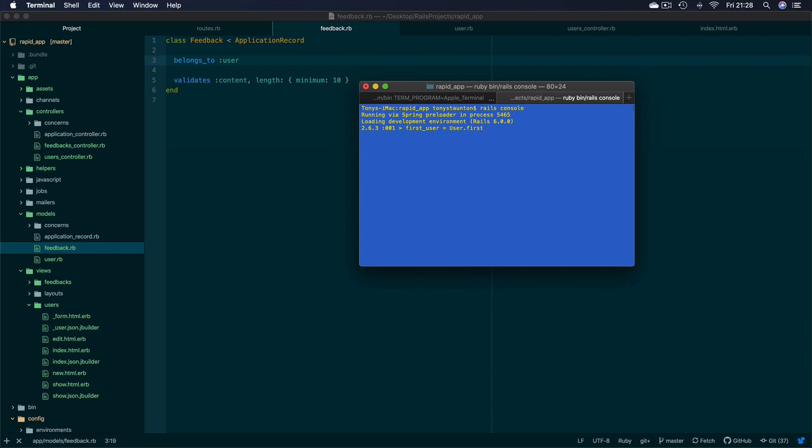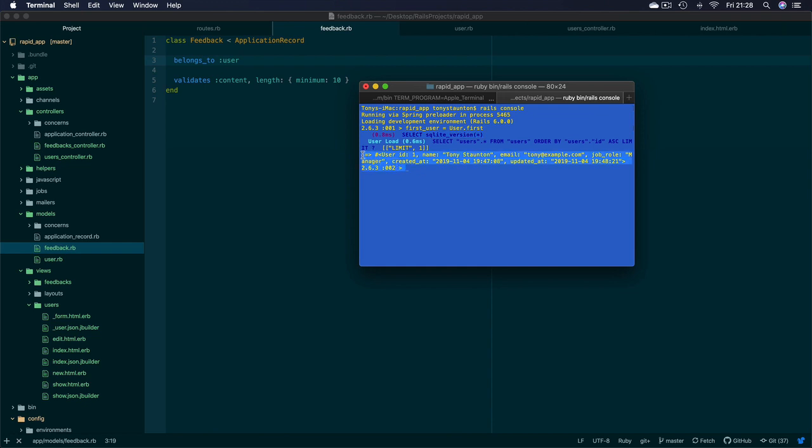Let's see what we get when we hit enter. As you can see here, we've run a very simple SQL query and we've selected the first user. So user with ID 1, name Tony Staunton, email, job role manager, and when we created it and when it was last updated. So a nice little piece of feedback there, letting us know exactly what the first user is